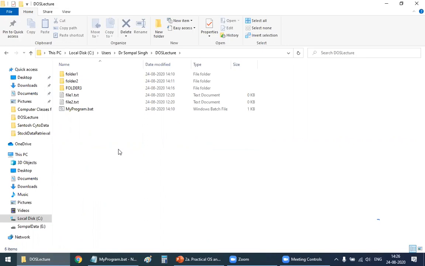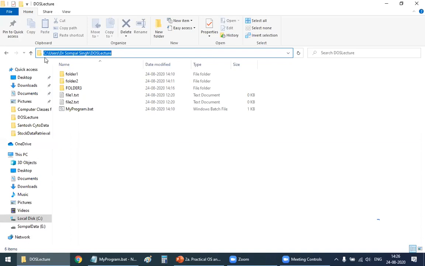So you have learned how to go to a particular directory. We have reached a directory known as DOS lecture. So this is the path of this directory DOS lecture on my computer.